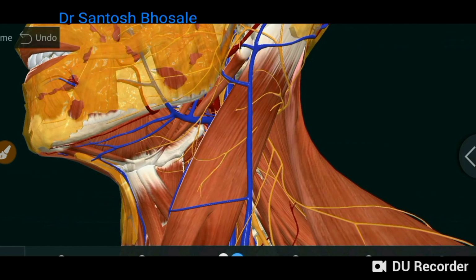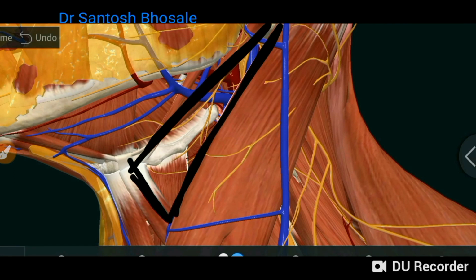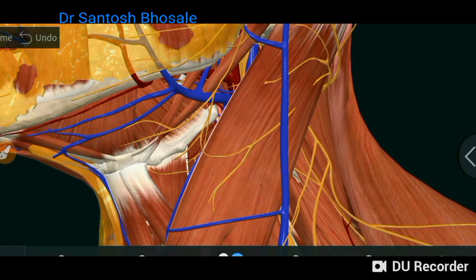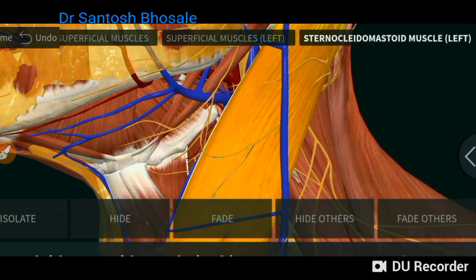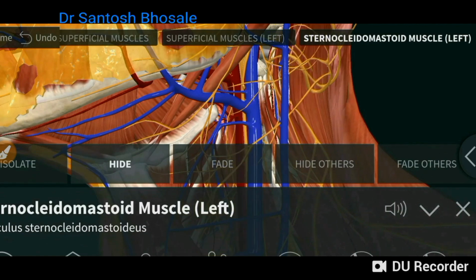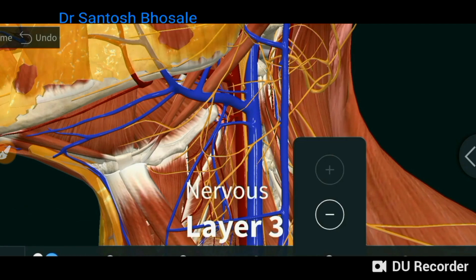There you can see, if you take out that platysma, then you will see the other structures there. So in the roof you will see skin, superficial fascia containing tributaries of external jugular vein, transversocervical nerve, platysma, and these are the boundaries. Antero-inferiorly superior belly of omohyoid, antero-superiorly posterior belly of digastric with stylohyoid muscle, and posteriorly anterior border of sternocleidomastoid muscle. And if you take out this sternocleidomastoid muscle here, you will see carotid sheath containing the important structures, that is common carotid artery, internal jugular vein, and vagus nerve between them.